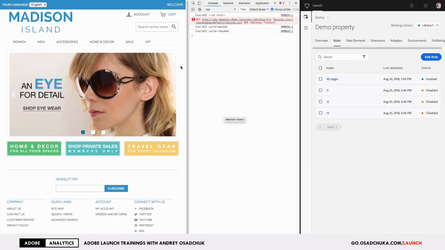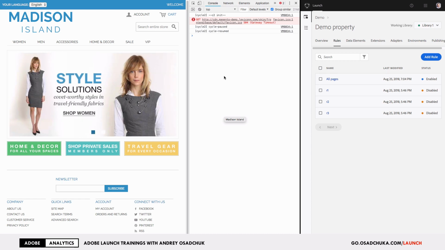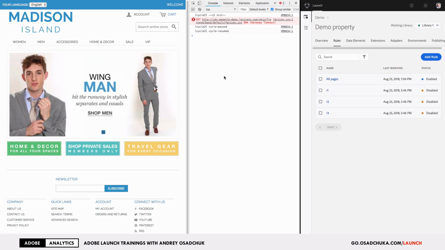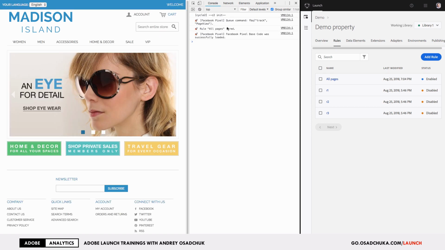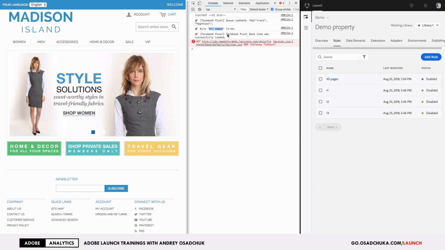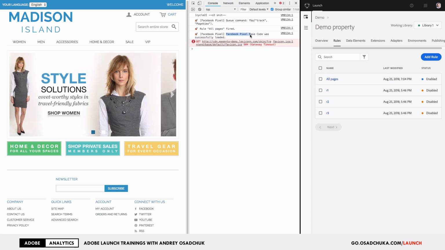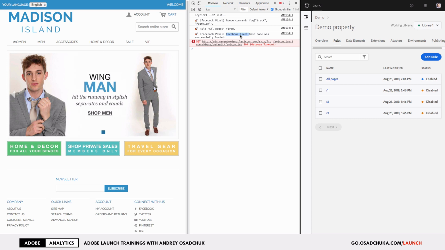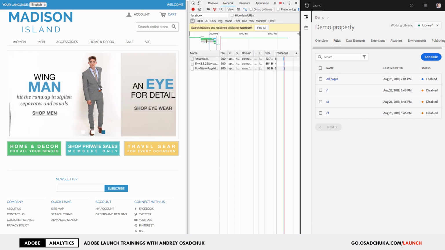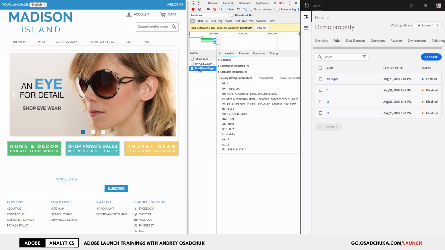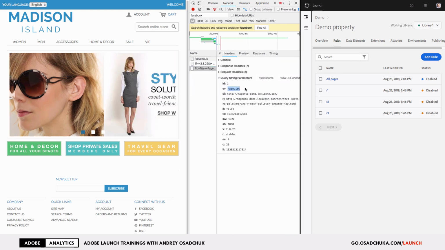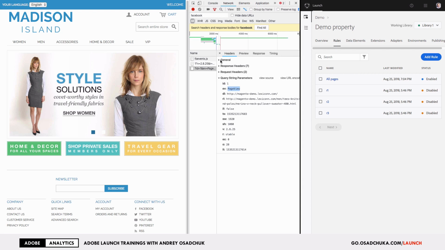This is my demo site, and this is the browser console. Let's reload the page to see how Adobe Launch is currently working on this page. As you see, we have the all pages rule fired, and then the Facebook pixel code also was loaded. And if we switch to the network tab, we can see that the page view event has been successfully sent